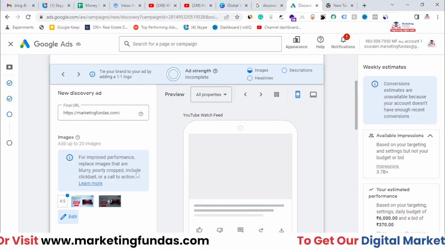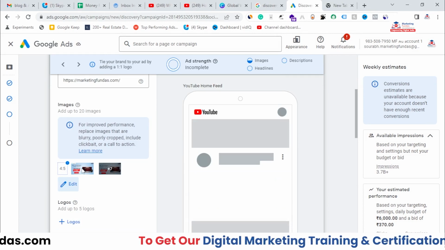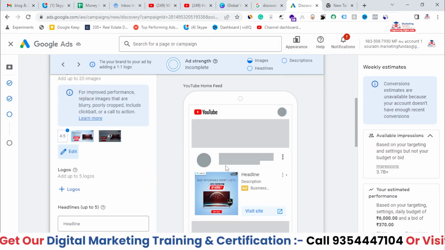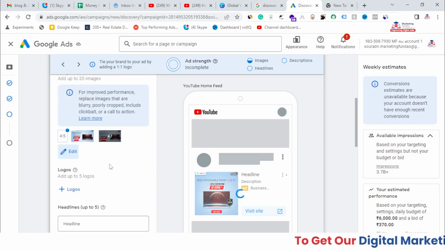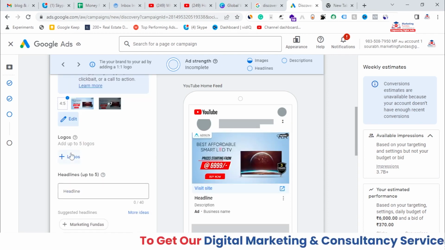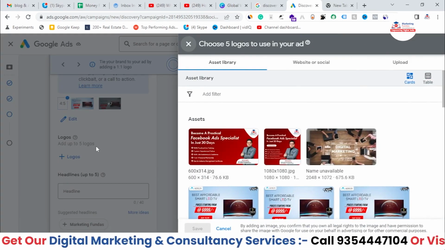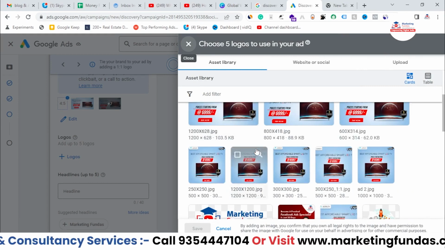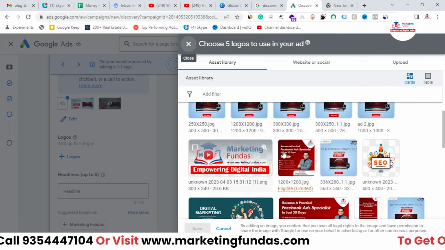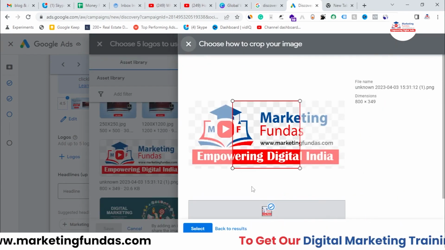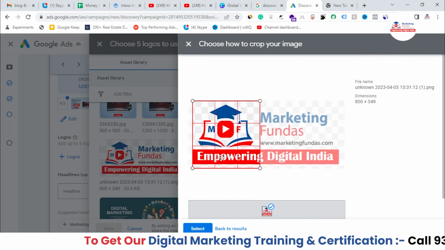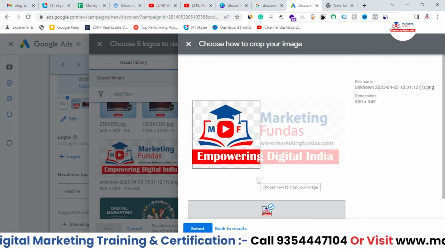because I'm just creating a demo campaign, right? I'm not creating a proper campaign because these are not our banners, these are not our images. I'm just creating a demo campaign. Now here we have to add a logo. You can go up to 5, but I'll be uploading 2 only, or 3 maybe. You have to select it like this,